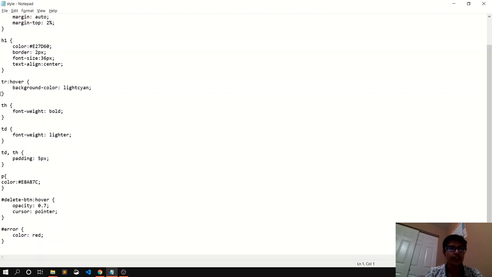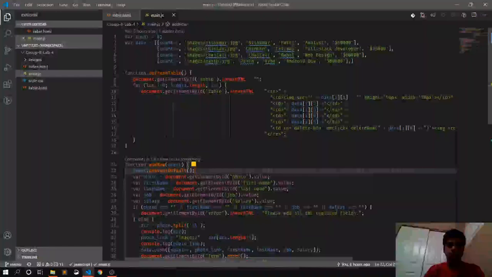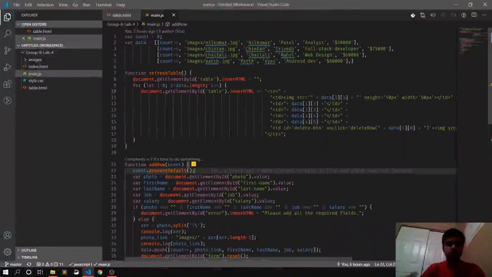Because my friend mentioned the ID in the JavaScript file, here I have included a hash, and in that I included opacity 0.7 and cursor pointer. And I also set the color of the error ID to red. Thank you so much. So hi everyone, after my friend Chaitali Rahol worked on the index.html file,